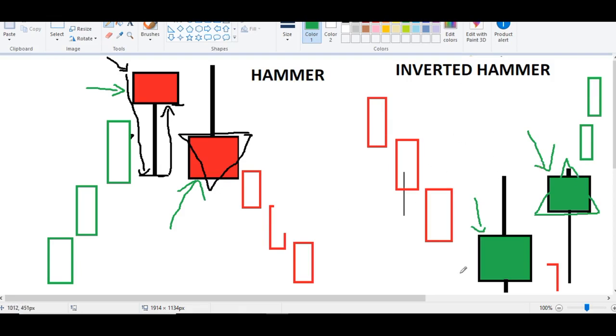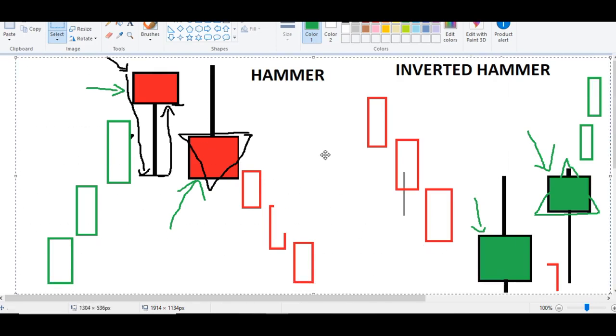And if you have both of them together, many times you will see both of them together at the top of the trend or bottom of the trend. That is a very, very strong signal, okay, that price wants to reverse, right? So this is the hammer pattern, a very, very strong candlestick pattern, works beautifully well,